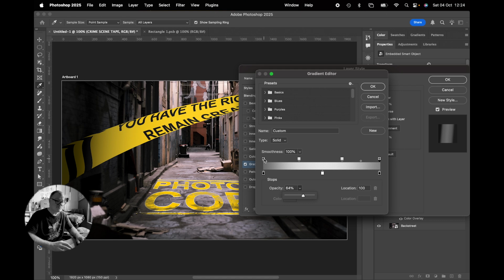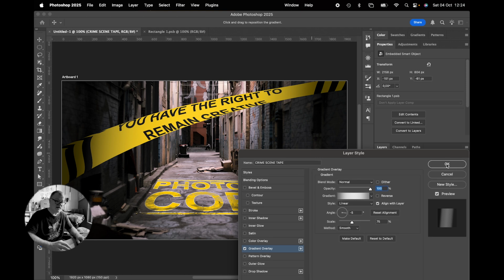So it goes from semi-opaque to more opaque to more transparent, and then back to semi-opaque, and then from black to white to black. That's the gradient that I wanted. And then say OK,